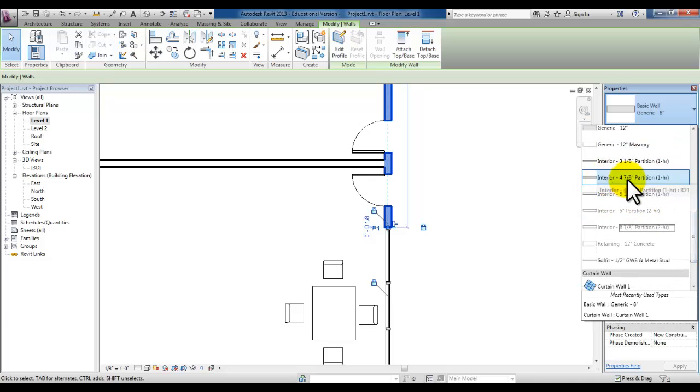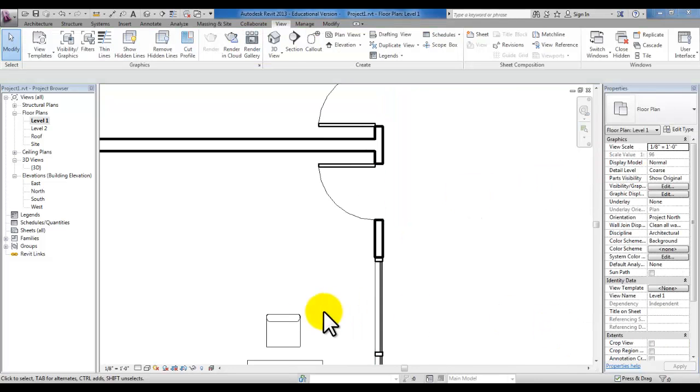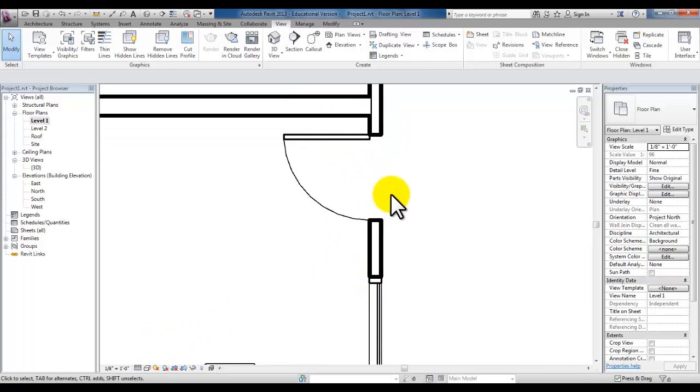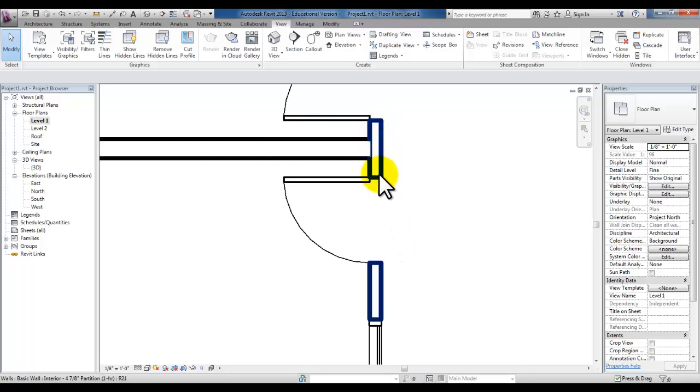Here I'm going to change it to an interior 4 7/8 partition, 1 hour. At first you won't see the detailing of the drywall because at the very left corner there's a control under the view control bar to change the view from coarse to medium and fine, and right now it's on coarse. If we change it to fine, you'll see that some lines appear, but because these are so bold,